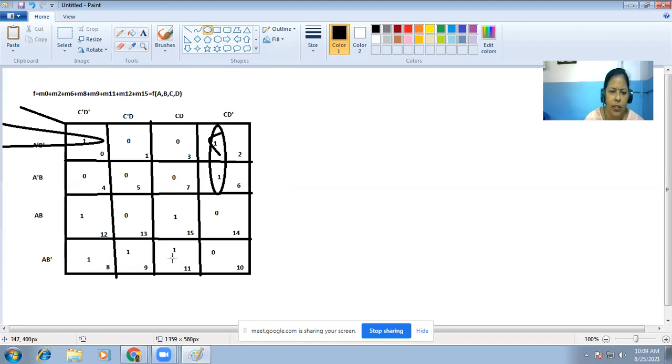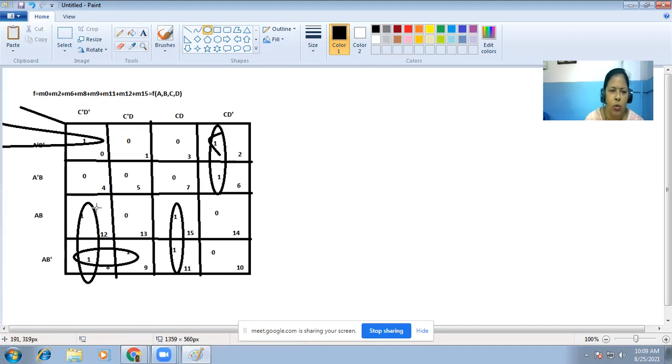For this one, there is no other option than these two ones. For these two ones, again we will make these two ones. For this one, again we will make a loop like this. So all your ones are covered in this case.